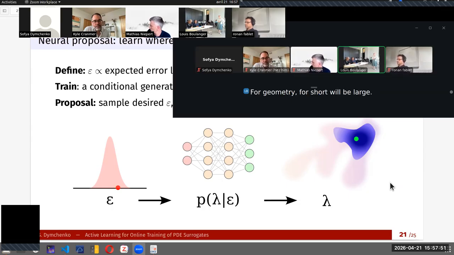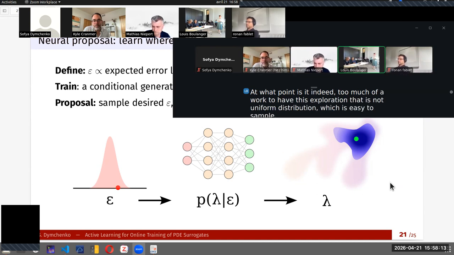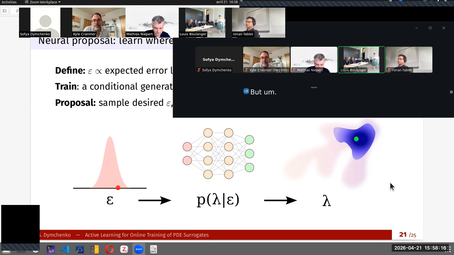Or if, as Ronan was asking about the initial condition states, at what point is it indeed too much work to have this exploration that is not uniform distribution, which is easy to sample, but maybe, let me just think for a moment, because it's a very interesting question, and I never really concentrated on how to do exploration otherwise, but